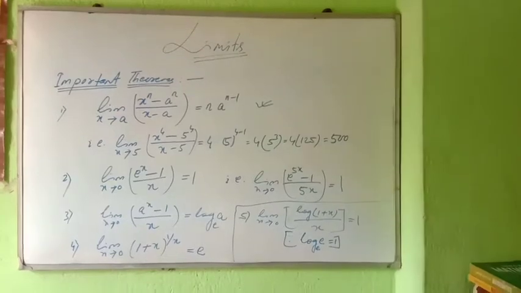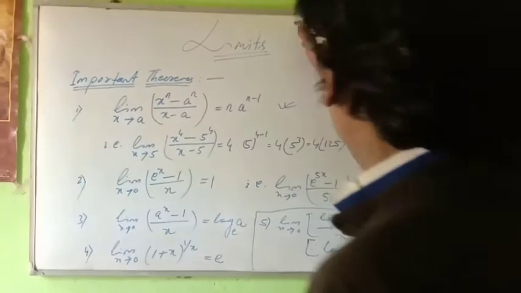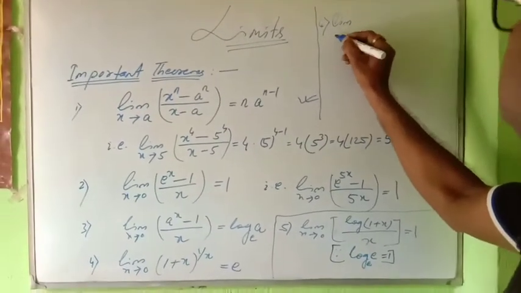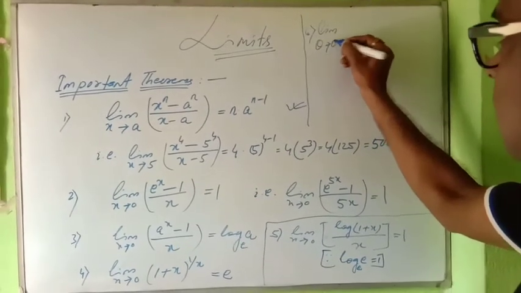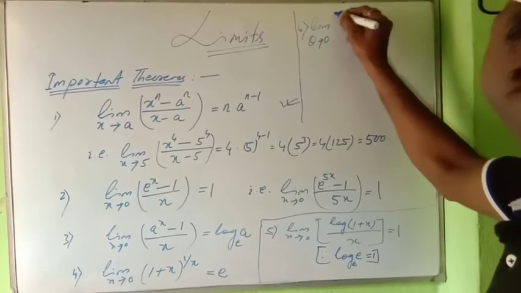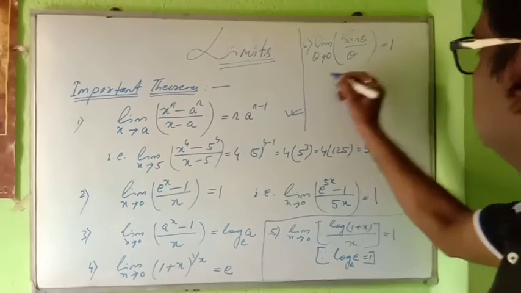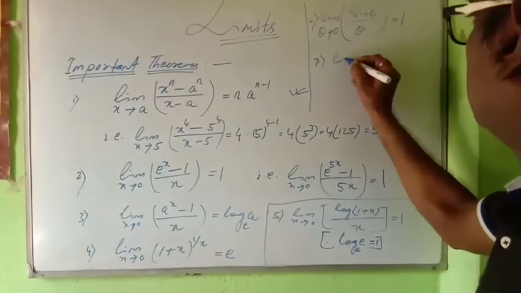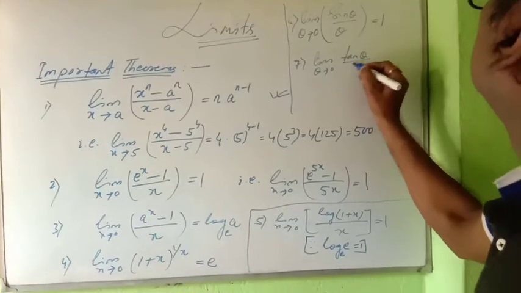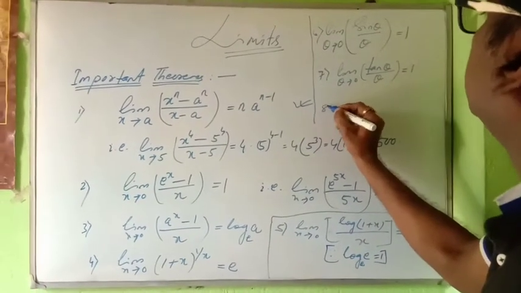Okay. And 2 formulas are there for trigonometry that I am also writing for solutions. Let us see here. Formula number 6. Limit theta tends to 0, where theta is an angle, sin theta by theta. Whatever angle is in the sin, that same angle will be here. Then the answer will be 1. Number 7. Limit theta tends to 0, tan theta by theta. This answer is also 1.